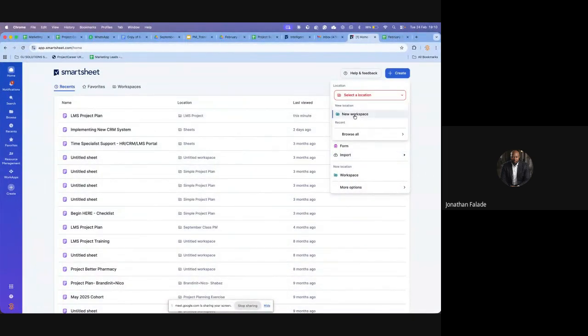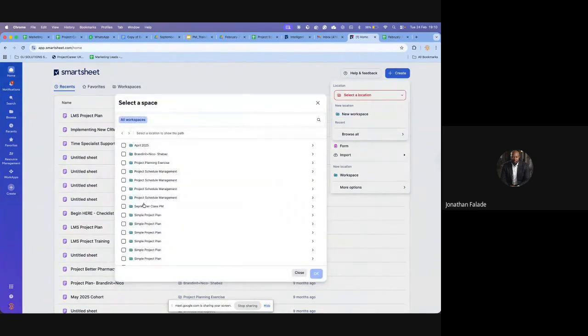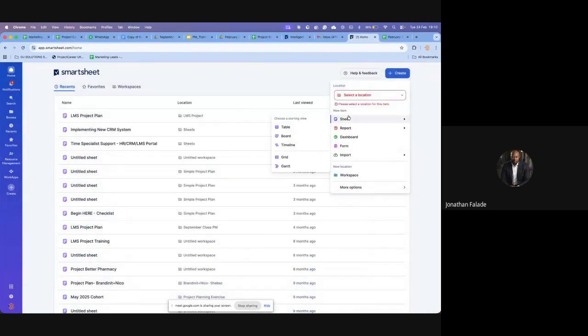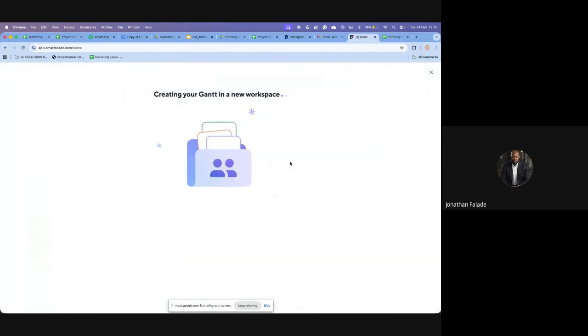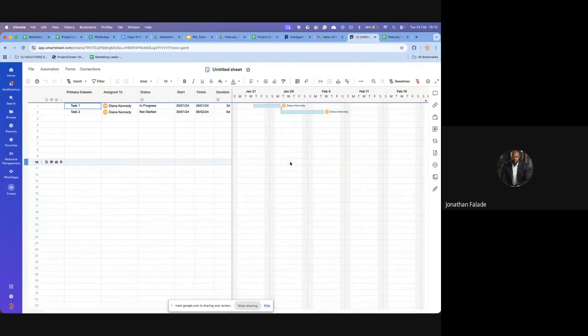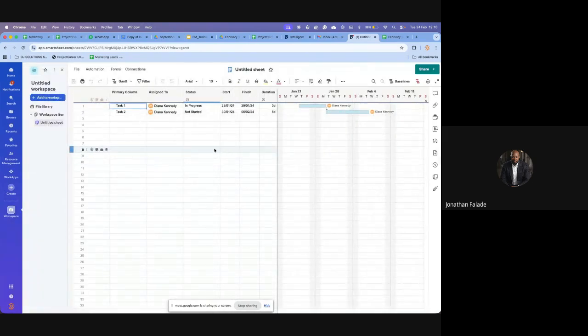So I'm just going to create a new workspace. Or to be honest, I've got plenty, so let me just throw them into one of these. Actually, no, it doesn't cost me anything. So create a new workspace. I'm going to go to create, select sheet, and then select Gantt. Now, let me just title this training